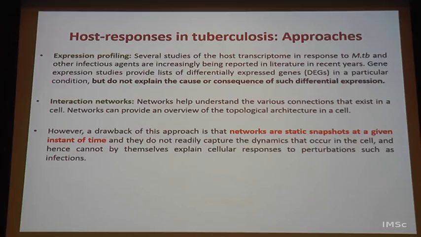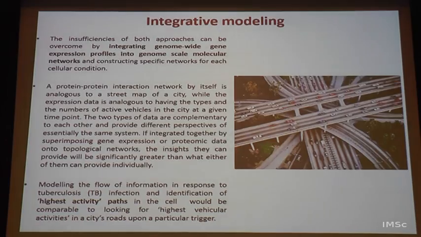So, the microarray data was available from literature, a group in London, basically Anne O'Gara's group, who did the transcriptome analysis at different time points for many TB patients. So, this data was available, which was used for making condition specific networks.